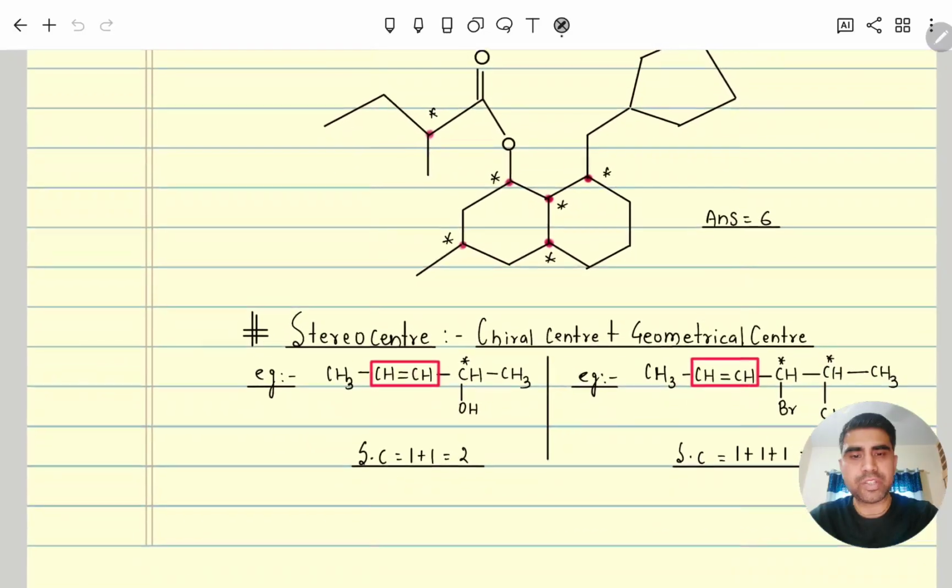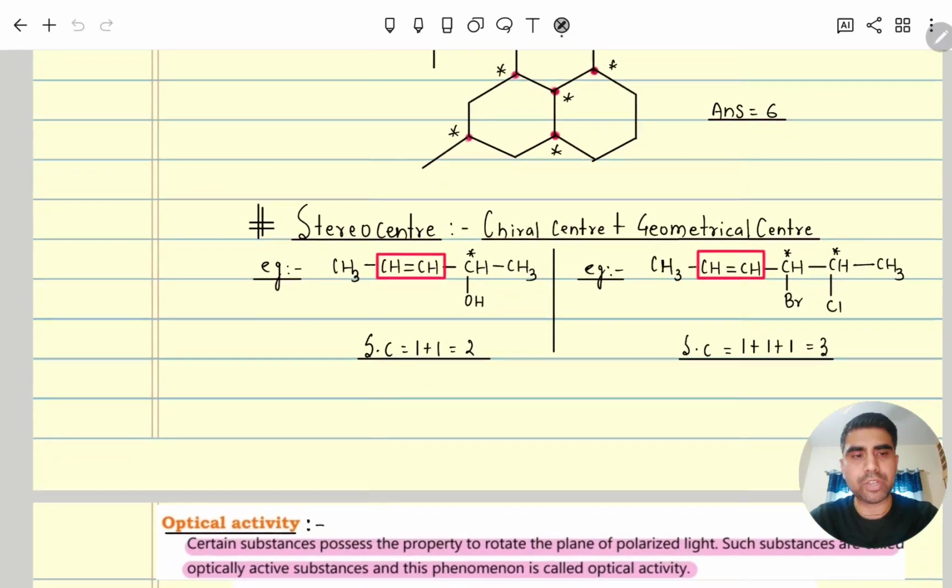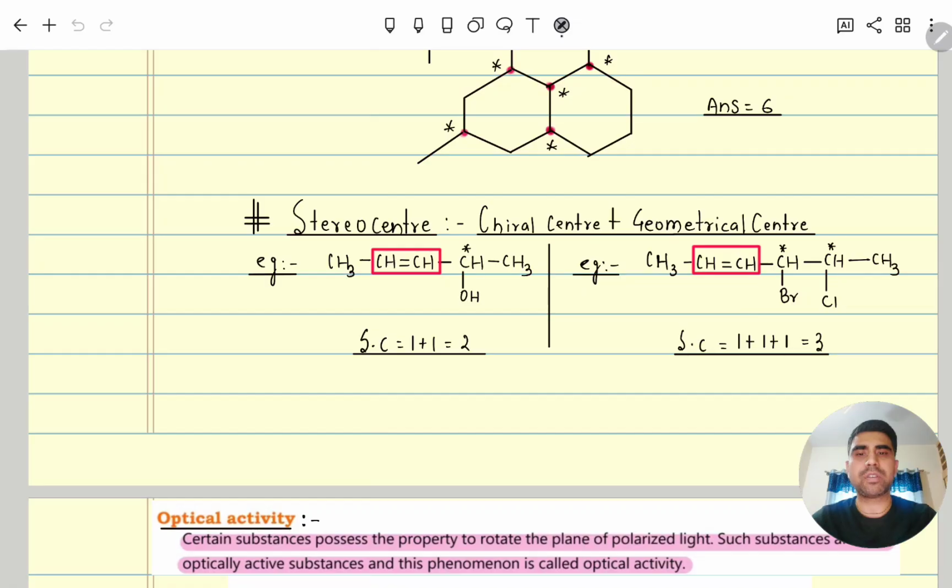Now stereo center. We know stereoisomers are of two types: one is conformer and one is configurational. Conformer isomers are not true isomers. So among stereoisomers, we will only consider configurational isomers, that is geometrical and optical. A geometrical center along with a chiral center will give optical isomers. So here geometrical center 1 and chiral center 1, so total stereo centers 2. Similarly here 3